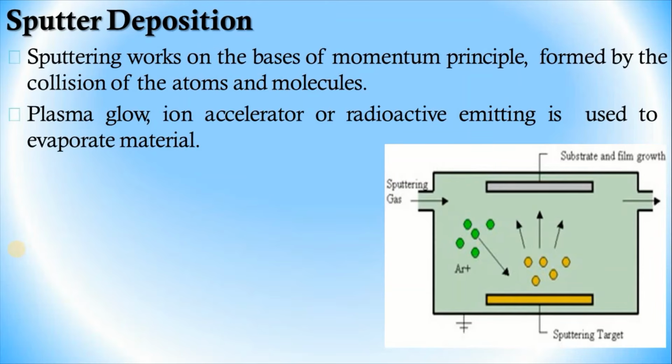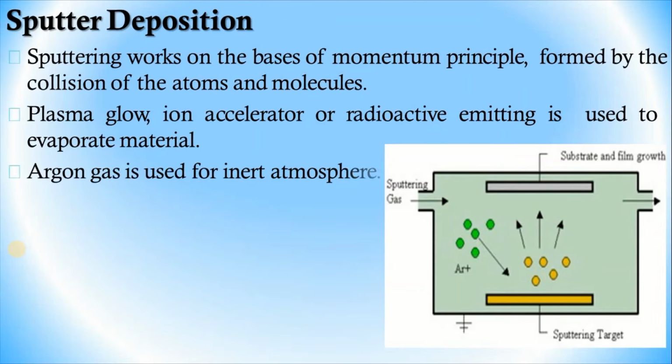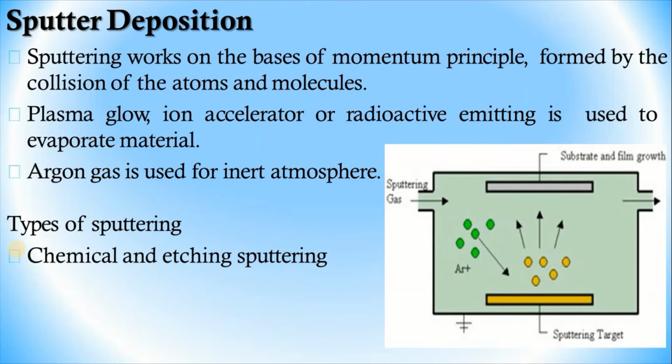Plasma glow, ion accelerator, or radioactive emitting is used to evaporate material. Argon is used as an inert atmosphere. Types of sputtering include chemical and etching sputtering, and electronic sputtering. These are the types in which, in the process, atoms are dislodged from the